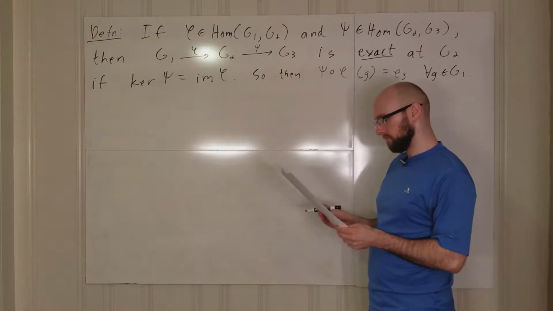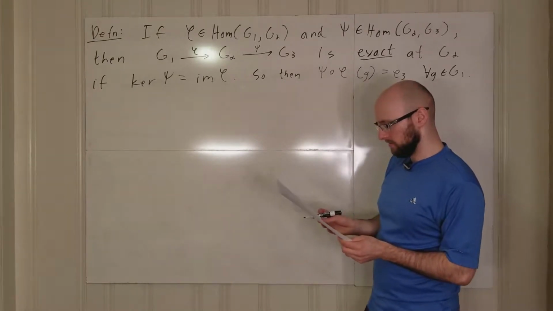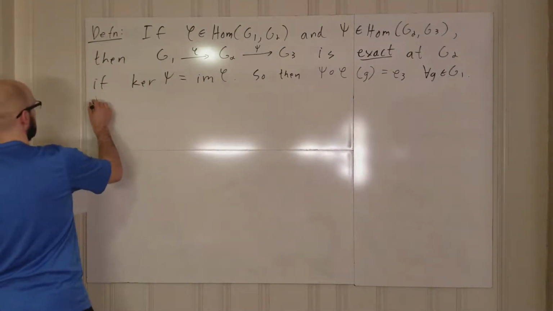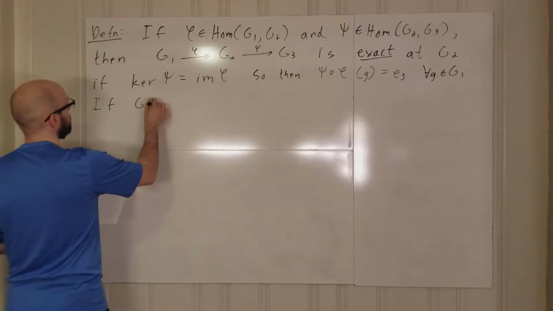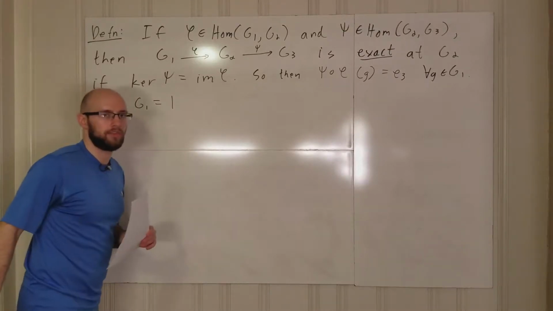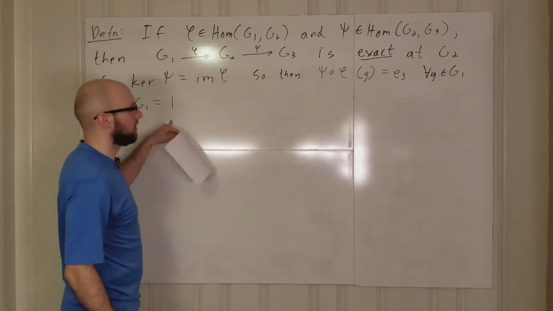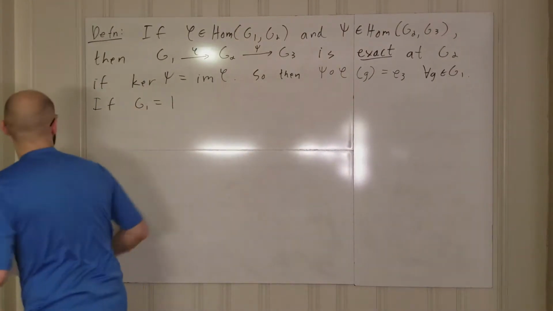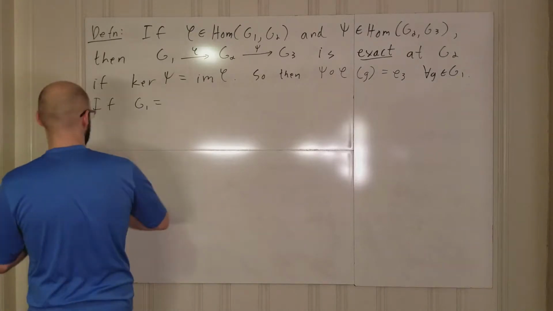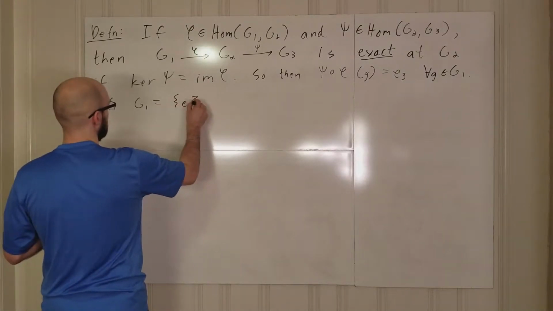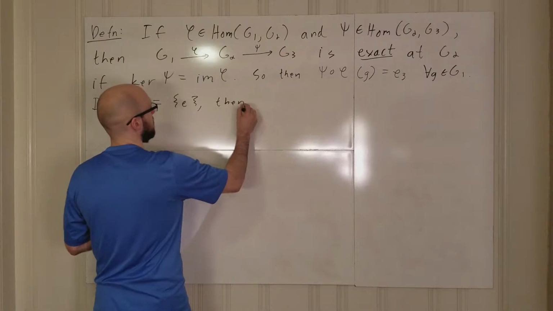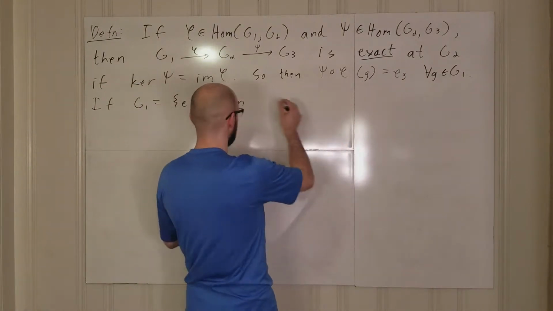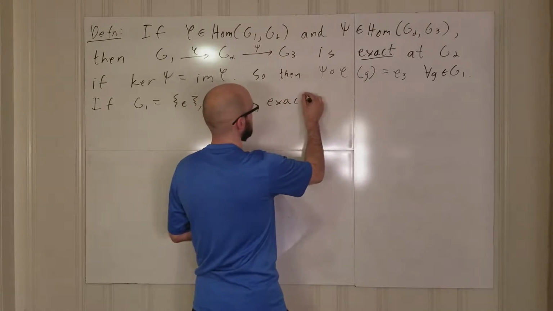Let's see here. So if G1 is just the trivial group consisting of just the identity element, so let's actually write that as E. Then, let's see here. Exactness